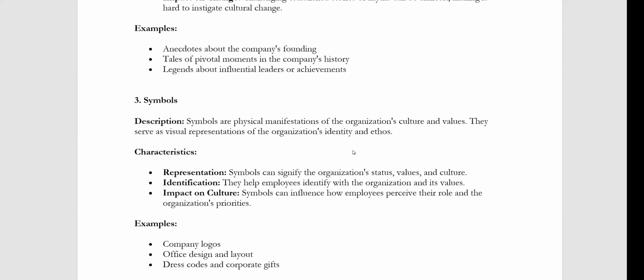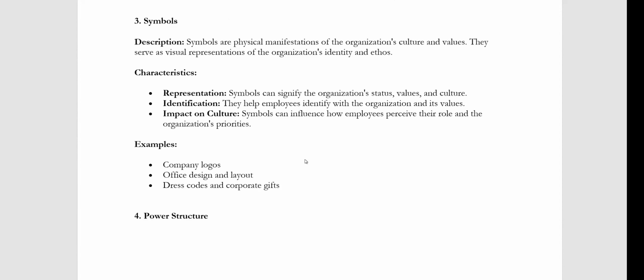Achievements within the company. Then we can have symbols. Okay, so symbols are the physical manifestations of the culture of the company and its values. They serve as visual representations of the organization's identity and ethos. Okay, now we can have what? Representation. They can simplify the organization's status, values, and culture. They help employees identify the organization and its values, and symbols can influence how people perceive their role and organization